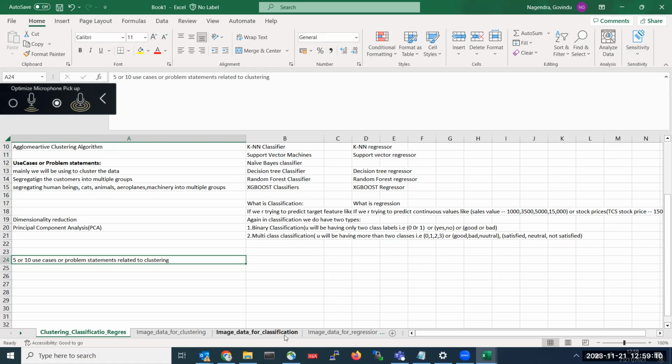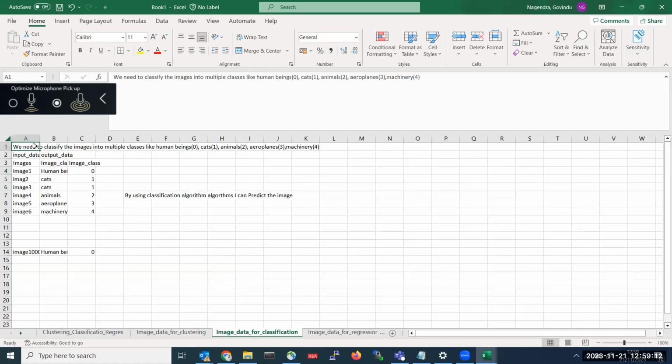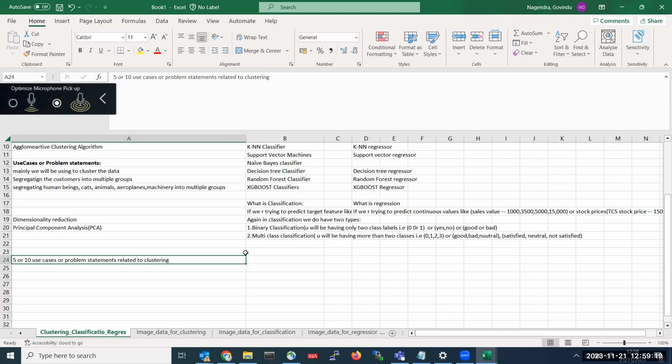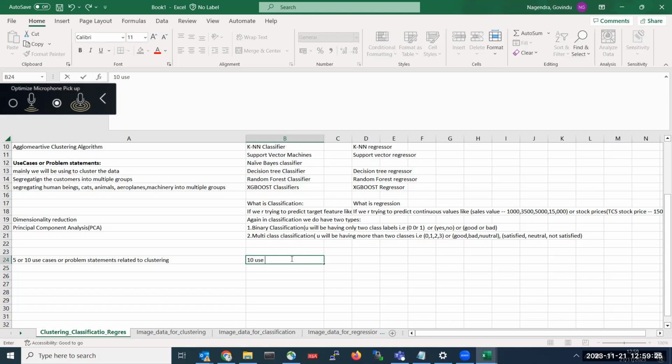Like whatever problem statement I have written here: we need to classify the images into multiple classes like this. In the same way, you need to form it. So for clustering 5 is enough, but 10 use cases minimum in classification. Use case is nothing but problem statement. You should maintain this terminology.